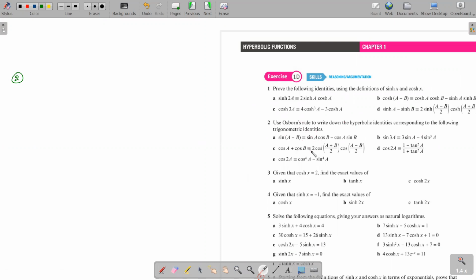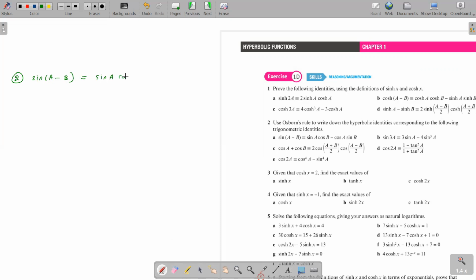You remember you convert sine to sinh, cos to cosh. The only place where you have to be concerned is if there is a product of sines. If there's a product of sines, you need to put a negative sign. Okay, so that's it. So here you have sin(a minus b)